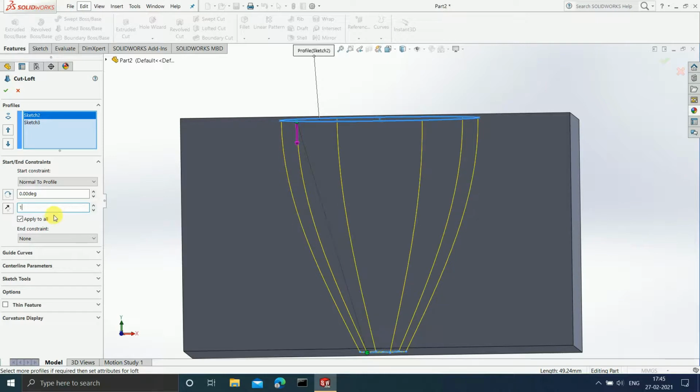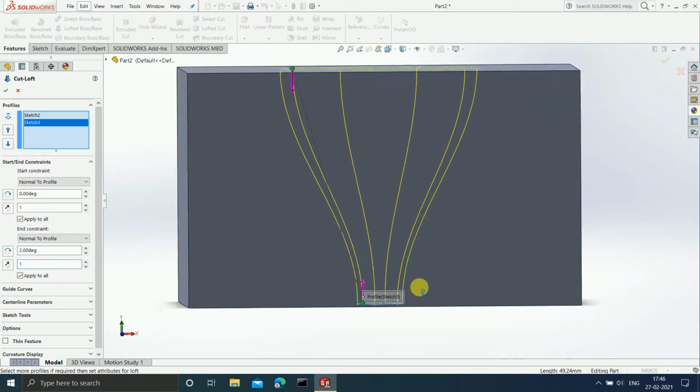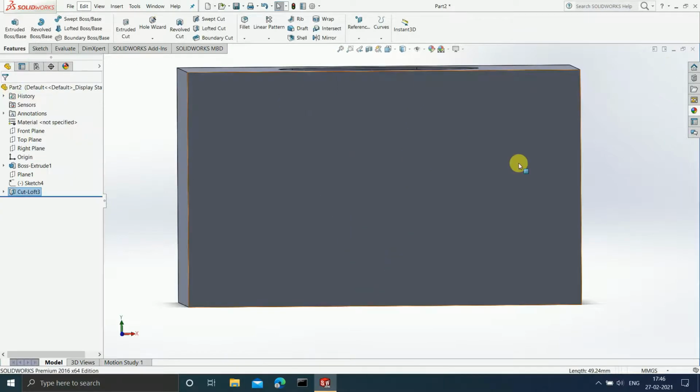Enter. Now after this, there is an end constraint available. Now where will this end constraint be applied? This end constraint will be applied on the last sketch. The last sketch is nothing but sketch number 3 here. So sketch number 3 is obviously this particular sketch available, and on this, if you again select normal to profile, see, can you see, as soon as you select normal to profile, the 3D cut is now becoming perpendicular to your profile. Okay, here also you can define the draft angle and you can define the end tangent length as well. After this is done, just click on OK, and now observe.